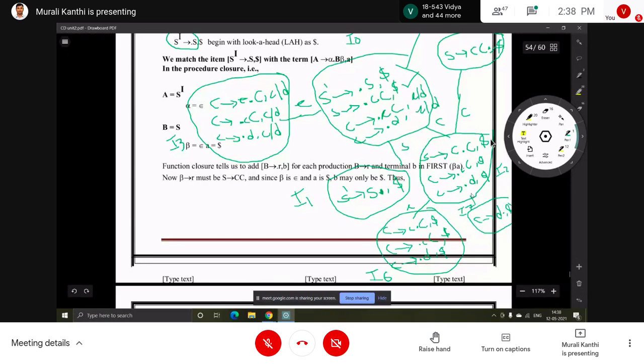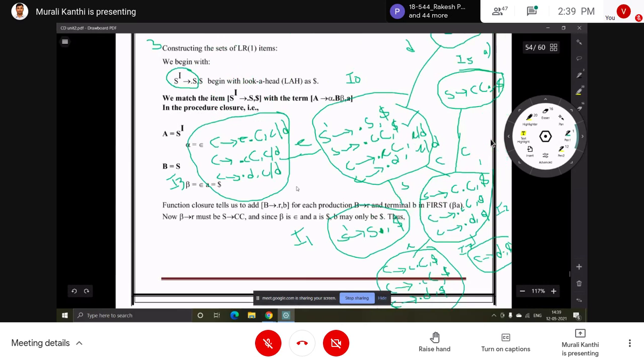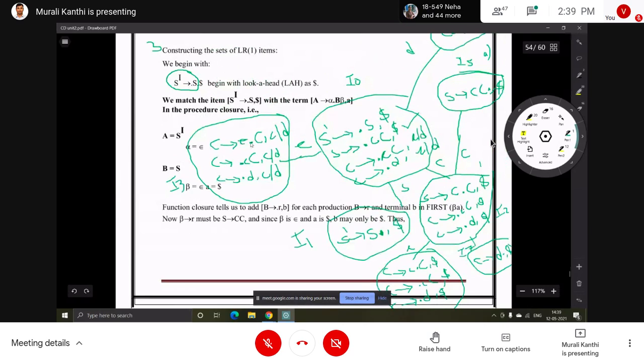Okay, now applying goto function on I2 completed. Next I3. Here after dot some symbols are there. Okay, no problem. We can apply with C, with small c, with D. Okay, with capital C: C implies small c, capital C, lookahead C or D. After that, no symbol, no need to add anything.